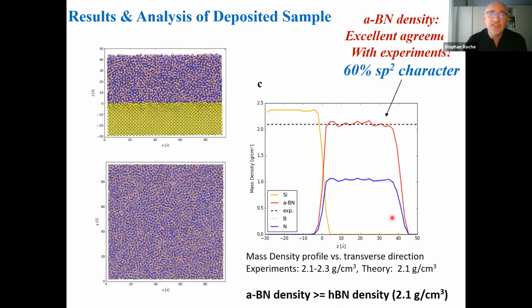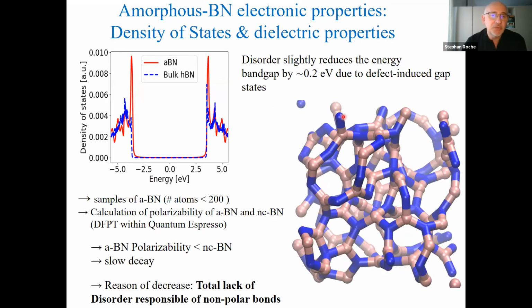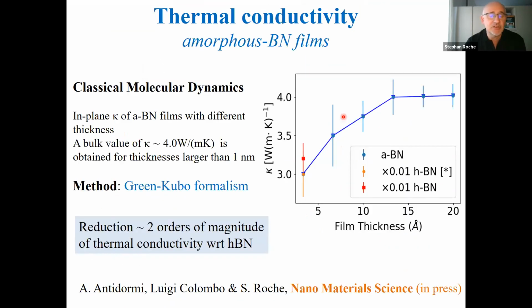This 60% of sp2 is in excellent agreement with the experimental data, and so we could also investigate a bit the origin of the ultra-low dielectric constant, as well as the thermal property of this amorphous material. So a lot of things are still ongoing,